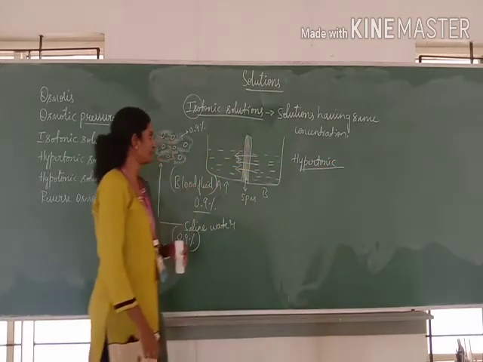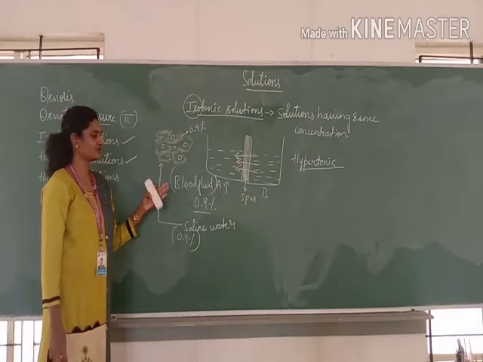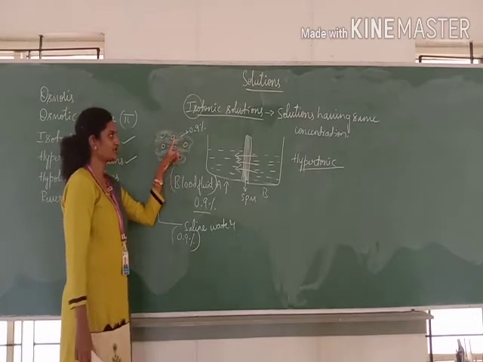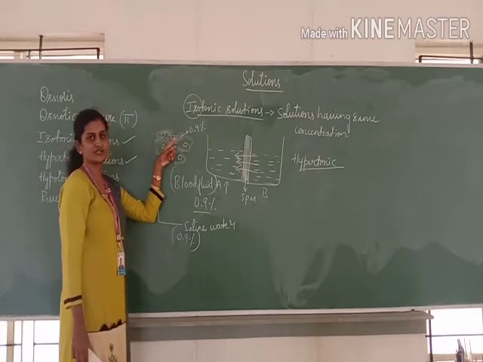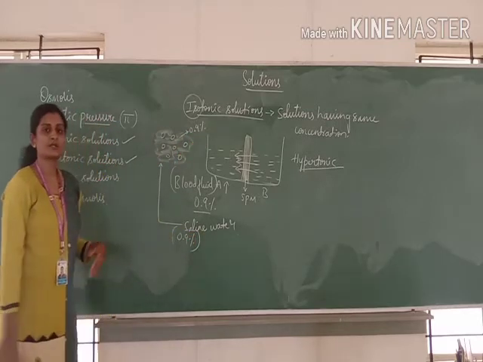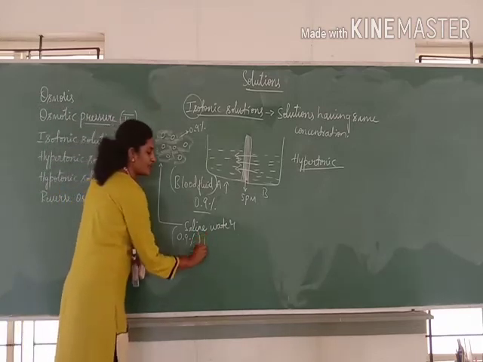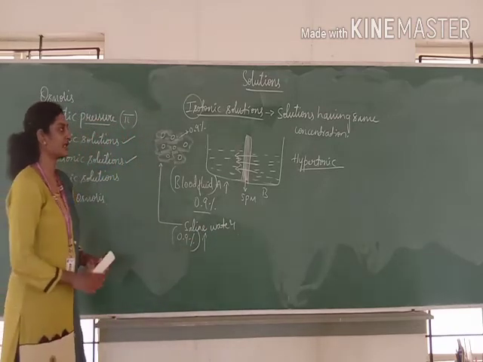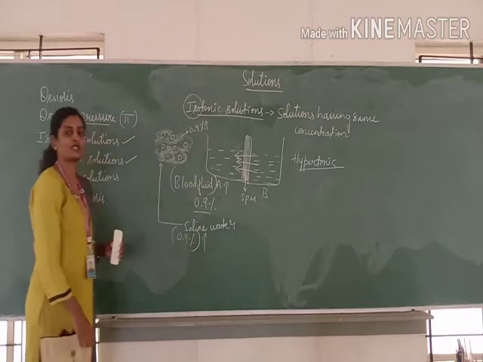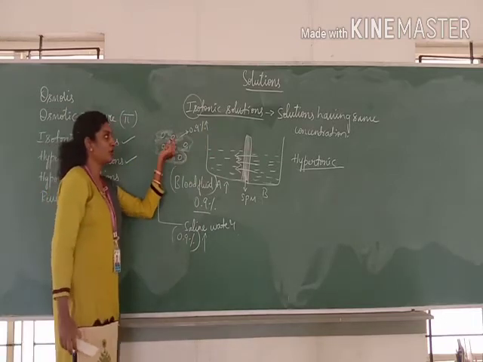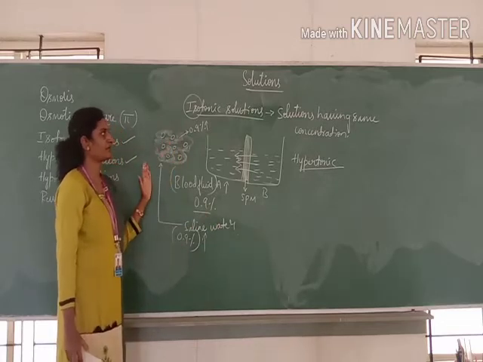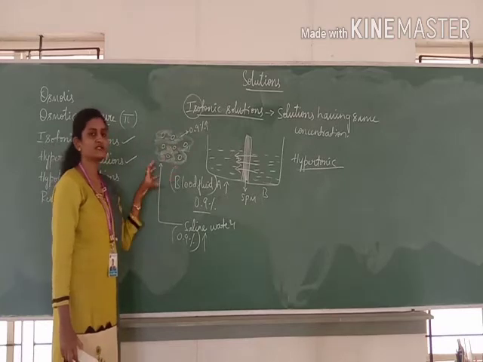Again, we can take the example of saline water or blood fluids and the supply of saline water to the patient. See what happens. In the normal case, the concentration of saline surrounding the blood cells will be 0.9%. If the saline water supplied to the patient is greater than 0.9%, then what happens? Surrounding the blood cells, the concentration of saline will increase beyond 0.9. Then the concentration inside becomes relatively lower, because what we are supplying from outside is high. Then all the blood cells are going to shrink.